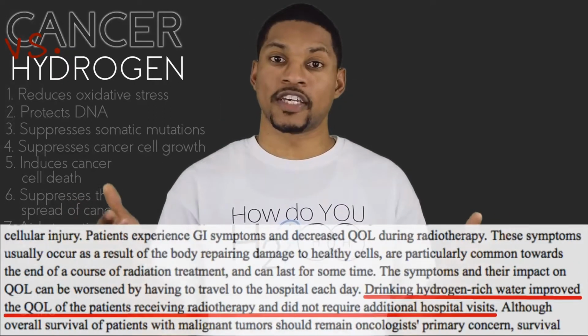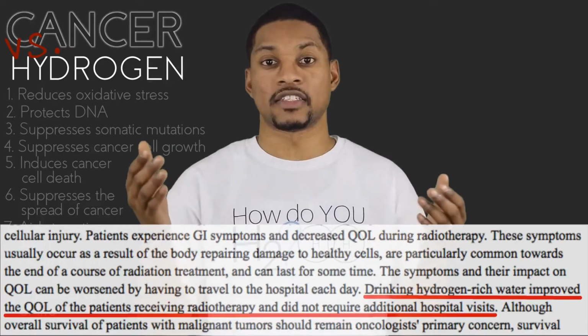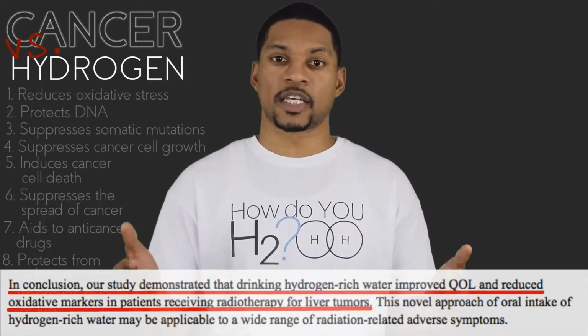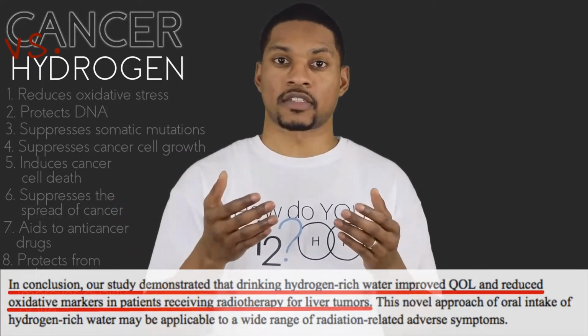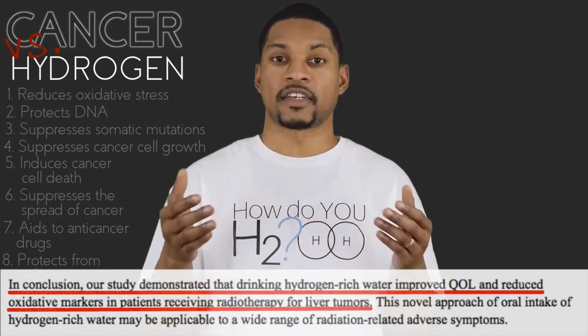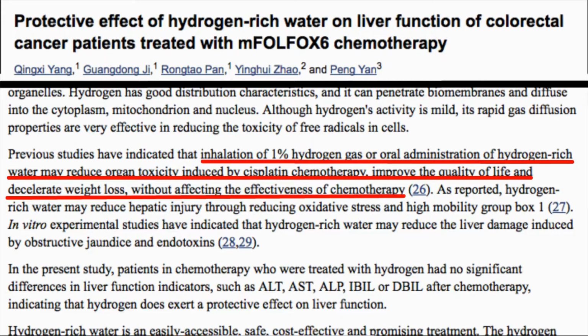Drinking hydrogen water even improved the quality of life of radiation patients so that they did not need additional hospital visits. This study demonstrated that drinking hydrogen-rich water improved quality of life and decreased oxidative stress markers in patients receiving radiation therapy. According to this, the inhalation of 1% hydrogen gas or oral administration of hydrogen water may reduce organ toxicity induced by chemotherapy,